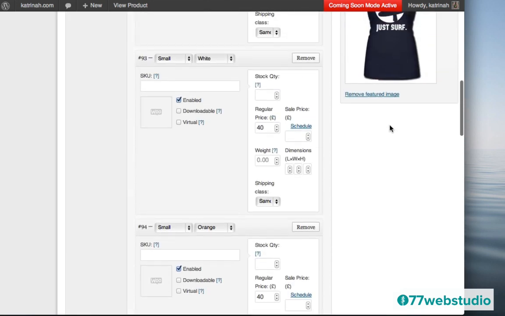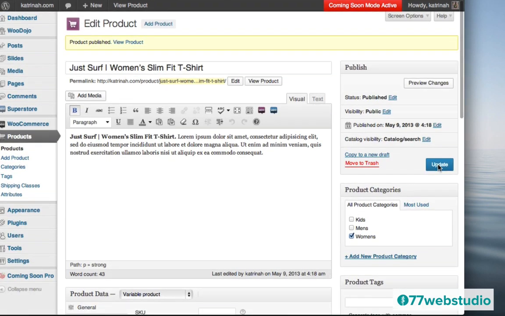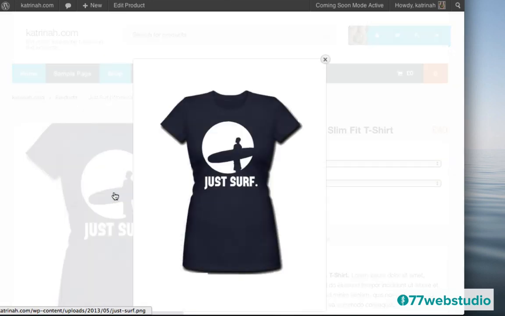Then you just want to scroll up to the very top and click on Publish to publish this product. Once the product has been published, go ahead and click on the View Product link right here. And okay, here we go. Here's our product. When I click on this, it opens up into a really nice lightbox display,